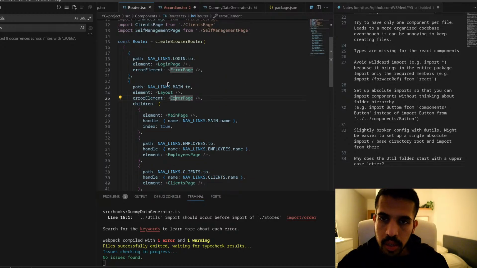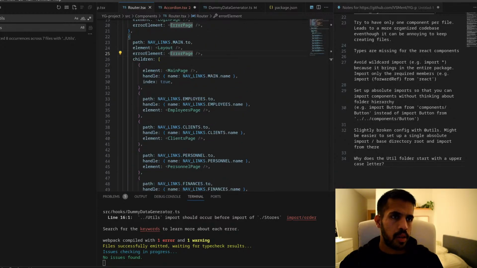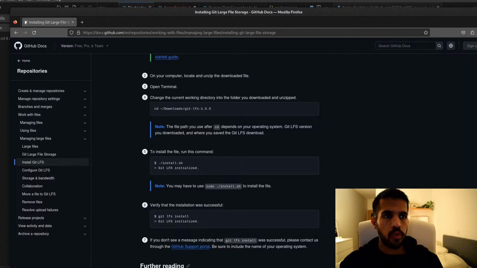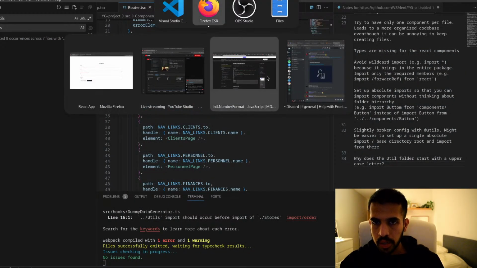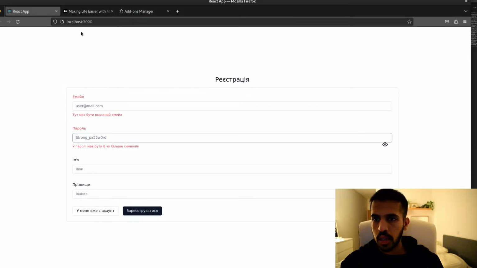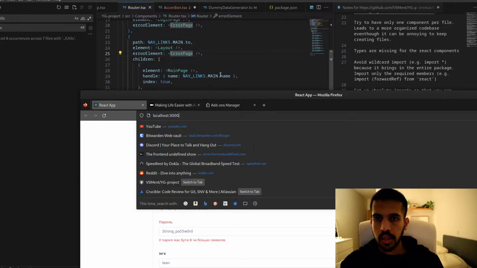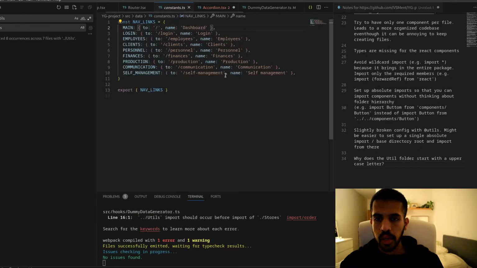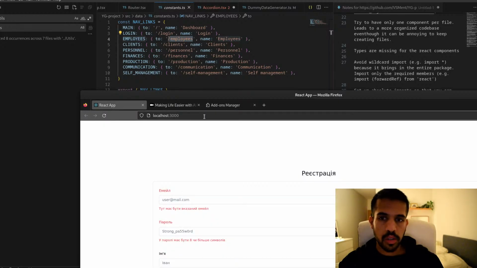What's the easiest way? Is there a guard? There's no guard. So maybe there's not even redirection set up for different paths. So I just have to go to a different route and it should load, I think. Let's see. links.main.name. It's login, employees, finances. Let's go to employees, for example.